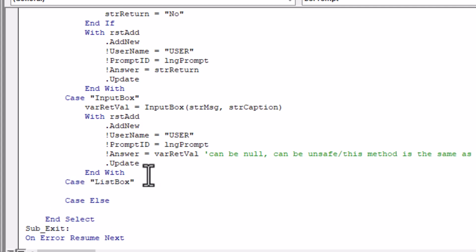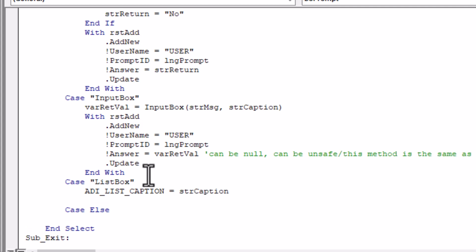And you can make a note. You can see that the processing of those selections stops in that first row with the variant return value equals input box, for example, for the message box. You can see that we're loading the message and the caption from our record, but everything stops until the user does something with that input box or yes/no box. But we don't have that capability with a list box, because in this case it'll just open and then that'll be it. It won't continue processing